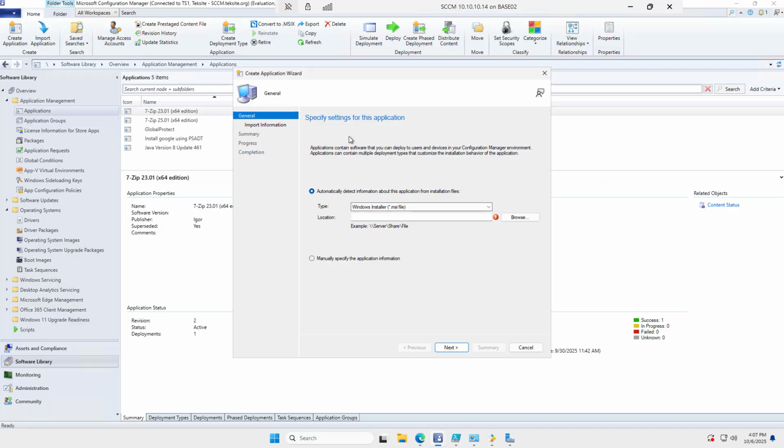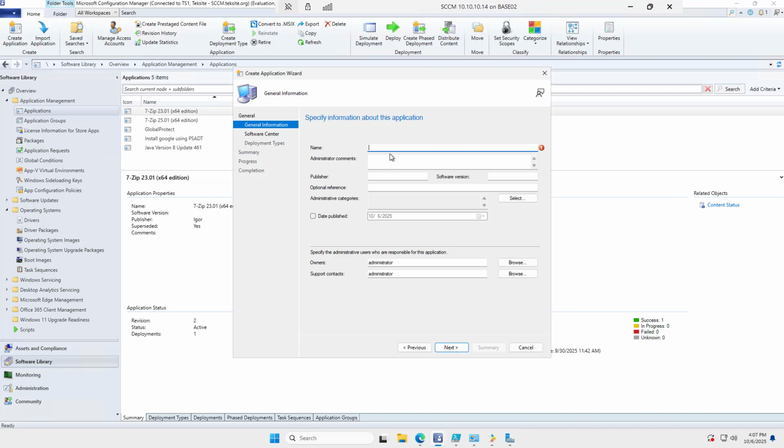This is the settings for this application. I'm going to use this one, manually specify the application information, and then I'm going to give a name. The name is Install FileZilla using PSADT. The publisher is Temcos. The software version is 3.69.3. You need to click on next,